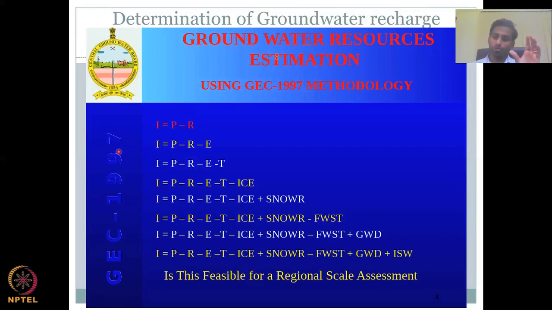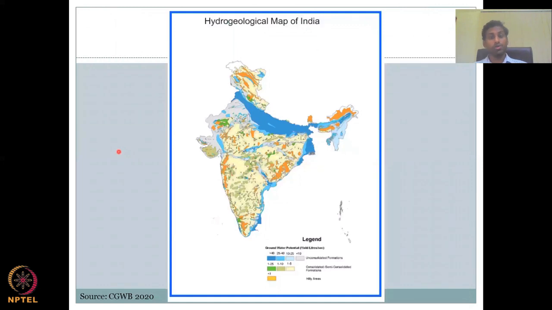So somewhere you need to model it, somewhere you need to estimate it based on your precipitation and runoff, and somewhere you would estimate it based on the characteristics of the geology, like we saw here. If I know the geology, I could estimate how much porous space is there. From the porous space and the rainfall, I could estimate. For example, if the Ganges was not flowing, there's no water there. Either you have porous space but you will not have water, correct? So based on your runoff, your precipitation, and your soil and geology characteristics, you can estimate groundwater recharge